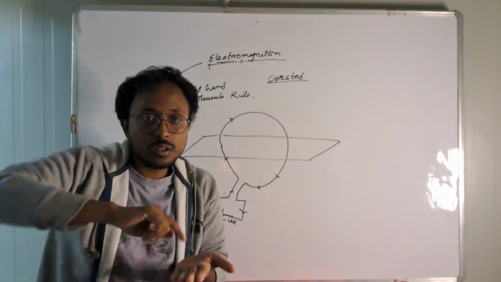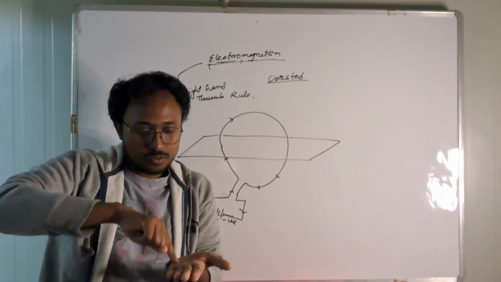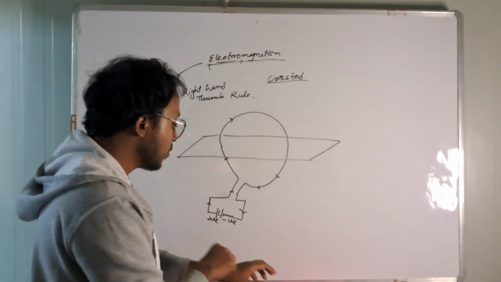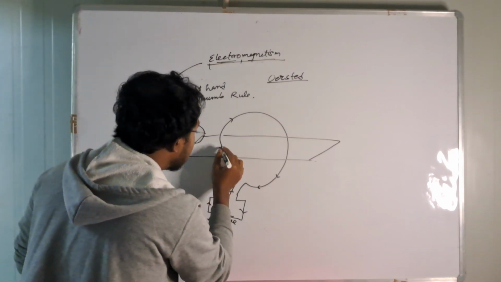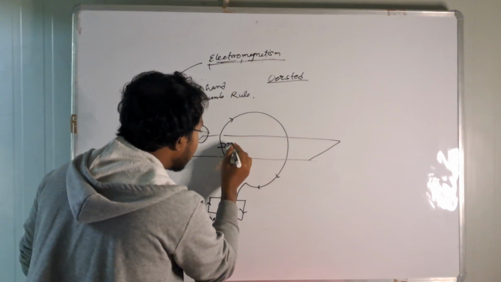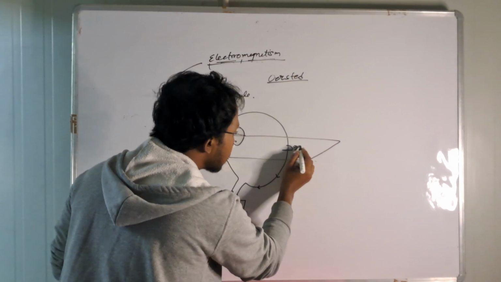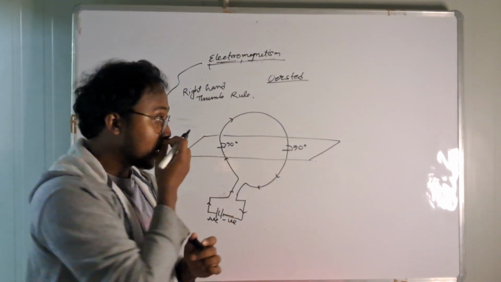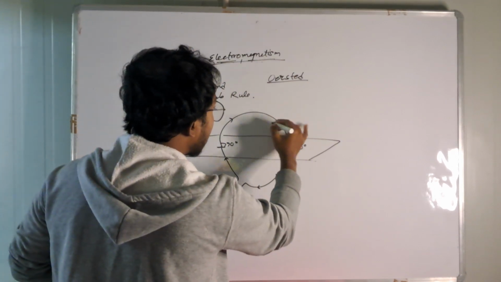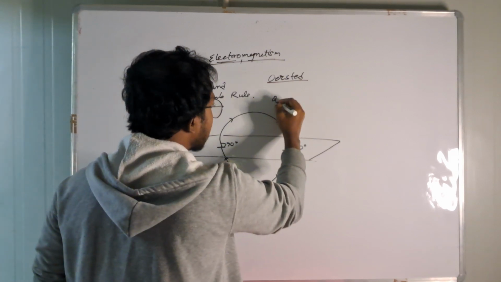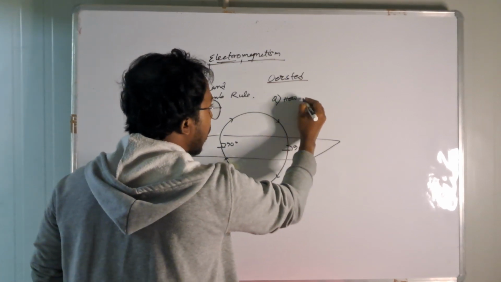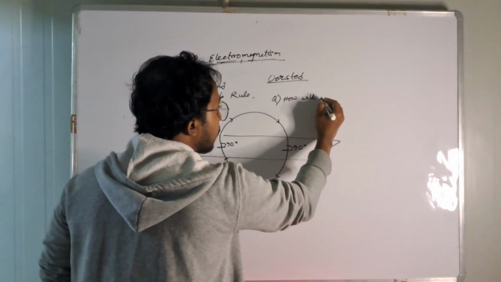So I have taken one horizontal plane, and the loop that I took is vertical. Now you can easily understand the cutting point. It's basically 90 degrees because it is going vertically, right? Here also this is 90 degrees. Okay. Now the question is how will we draw the magnetic field lines